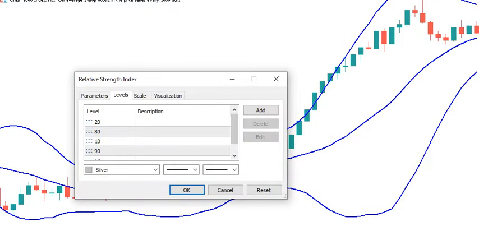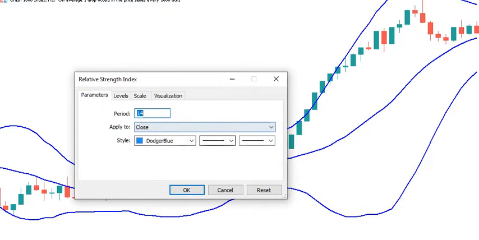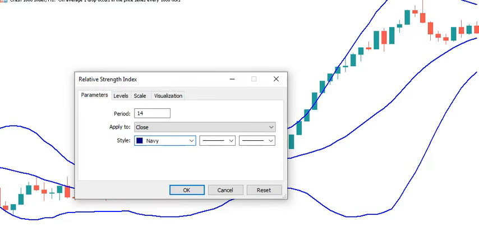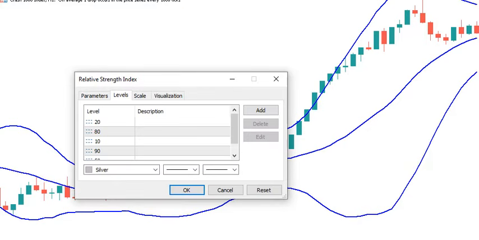Now we'll be doing a nice job here. We'll be adding this parameter, 14, and this time you apply it to close. For the style, use any color of your choice. For me, I will be using this. Then the levels are very, very important. If you leave the levels like this, 90, 80, 10, 50 and 20, it is nice, but the key